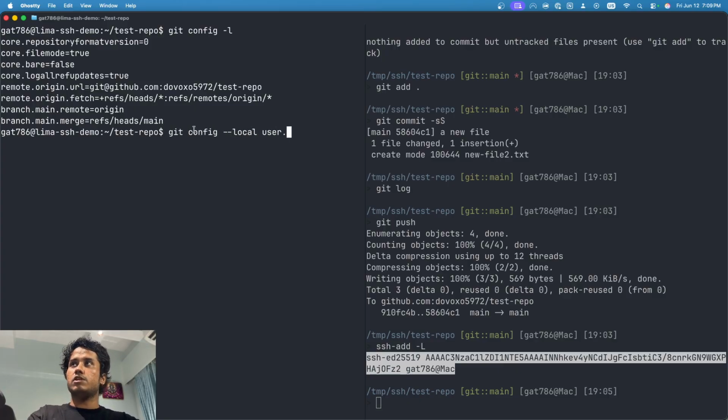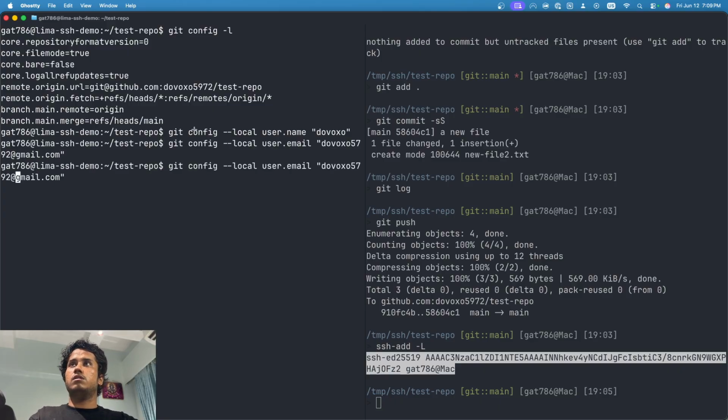local user.name dovok, so again 5792@gmail.com, and then gpg.format ssh, and then in place of the signing key,